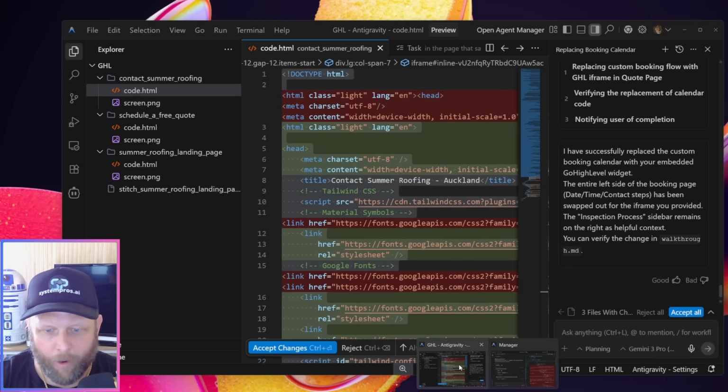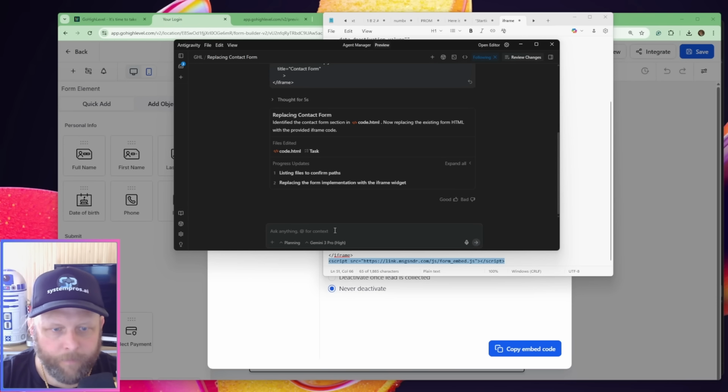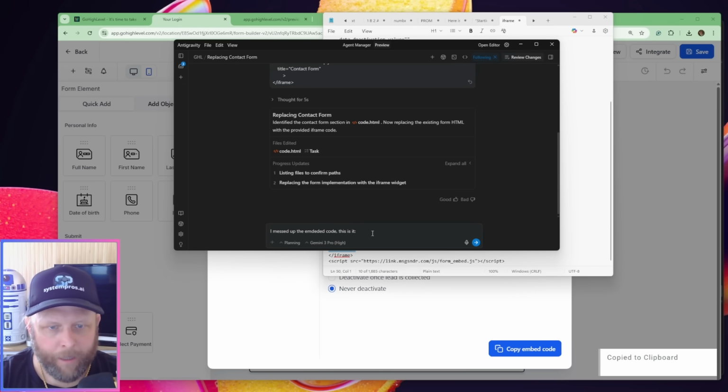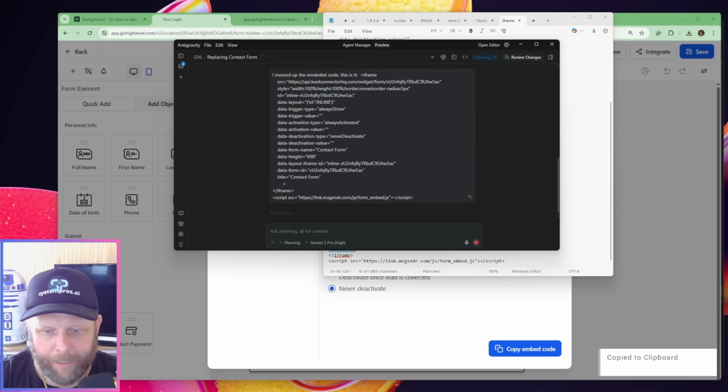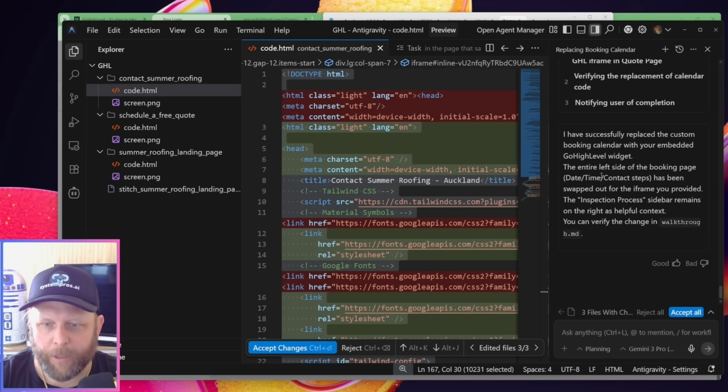So, need to hit Antigravity again quickly. I messed up the embedded code. Embedded code. This is it. I'm going to come back here. Hit the copy. Come back there. Paste that one in there. Paste that. You're going to come back to the main Antigravity. Now this is me just trying to multitask. So I've just replaced this. Then I'm going to say